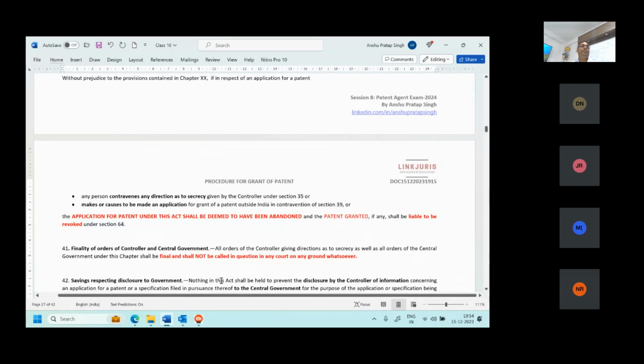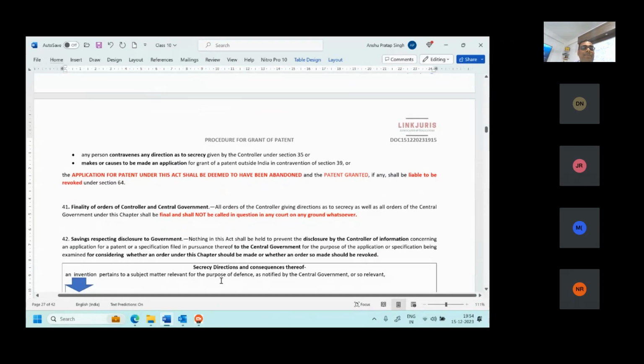Okay. And section 41 says that whatever secrecy direction the central government gives, all those orders as well as the controller's orders with respect to secrecy are final and cannot be taken to court. You cannot challenge them in court. That is the finality.